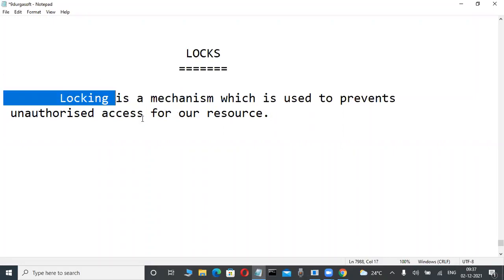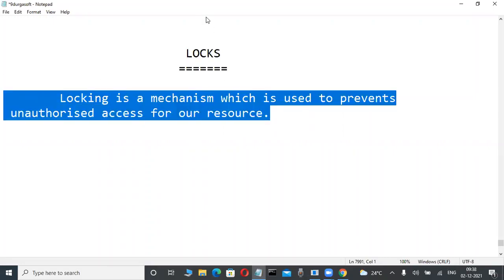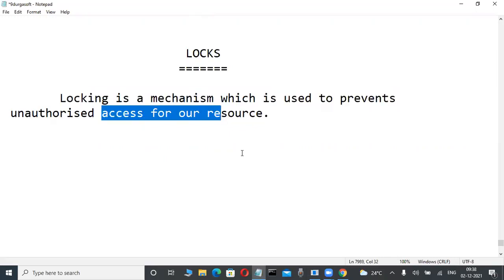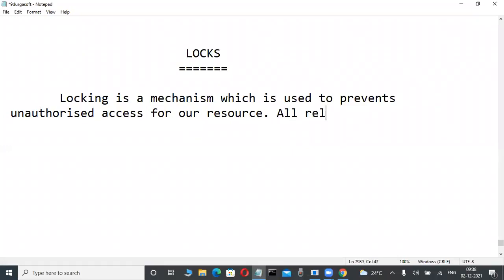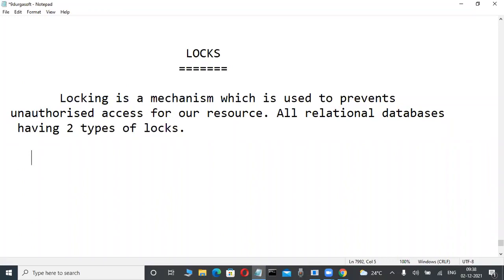I'm not explaining this definition. Why? Because practically I'm asking only, then you will understand all these things. Okay, write it fastly. Locking is a mechanism which is used to prevent unauthorized access for our resource. Write it. All relational databases, not only Oracle, every database, all relational databases have two types of locks. Write it. Two types of locks. These are